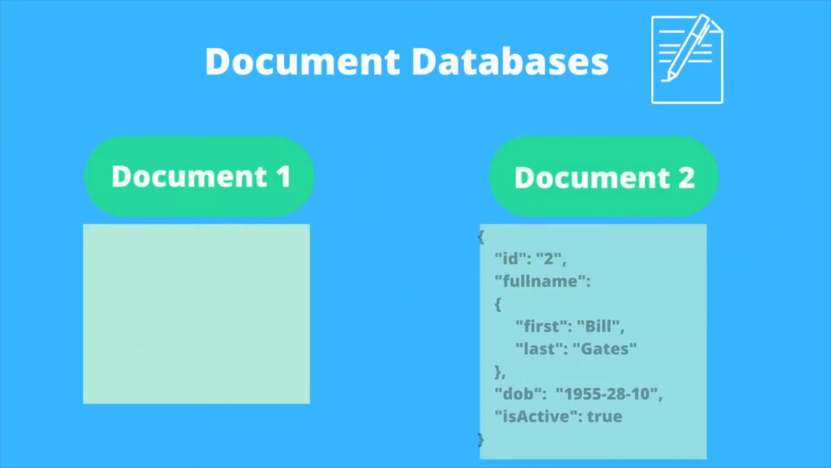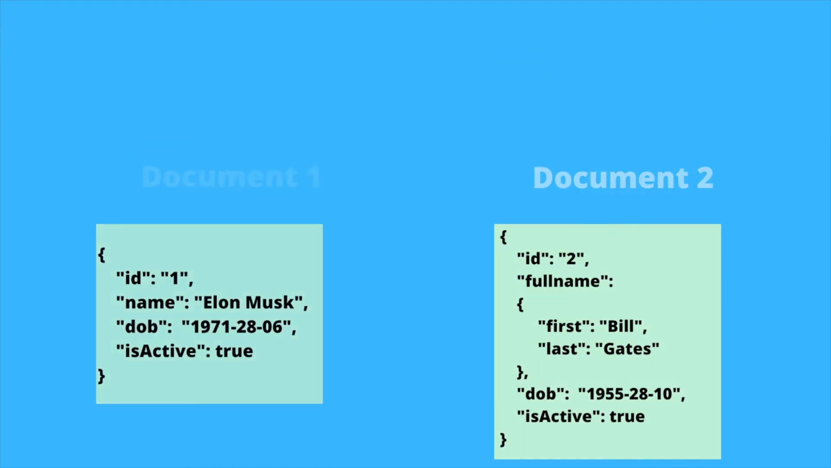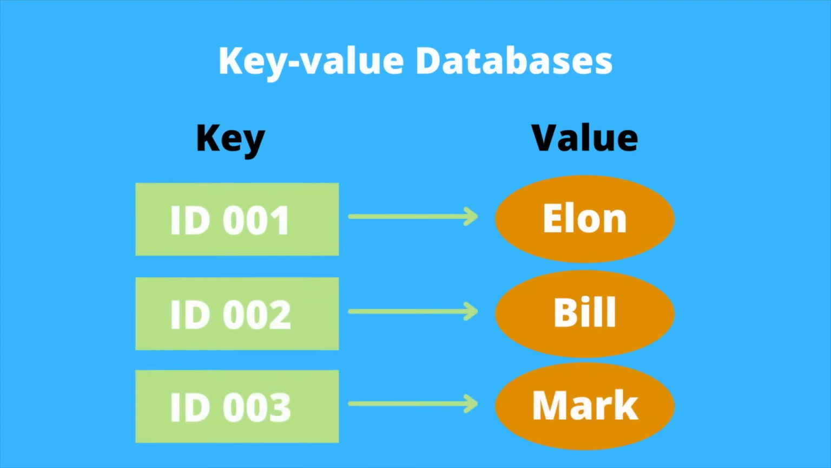Document databases. What are they? Basically, document databases store data in documents similar to JSON objects. Each document contains pairs of fields and values. The values can typically be a variety of types, including things like strings, numbers, booleans, arrays, or objects. Key value databases store data as a collection of key value pairs, in which a key serves as a